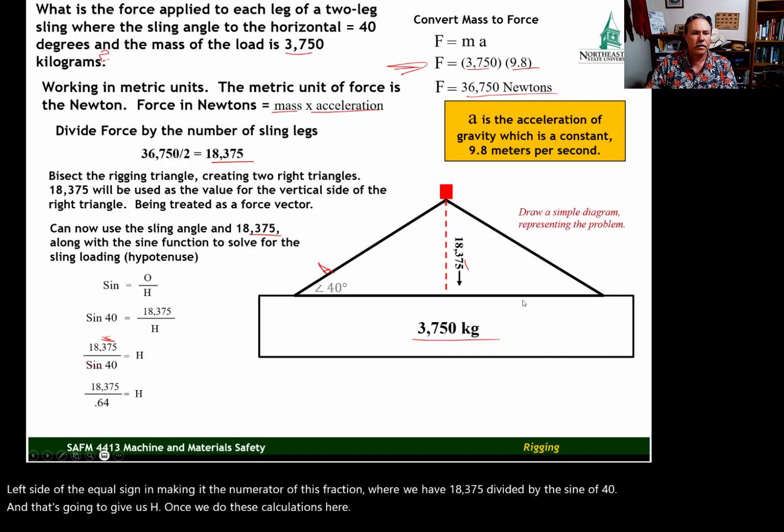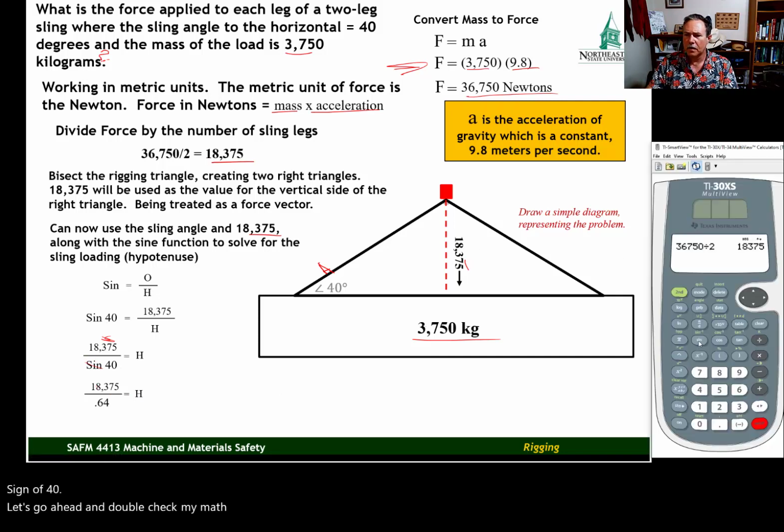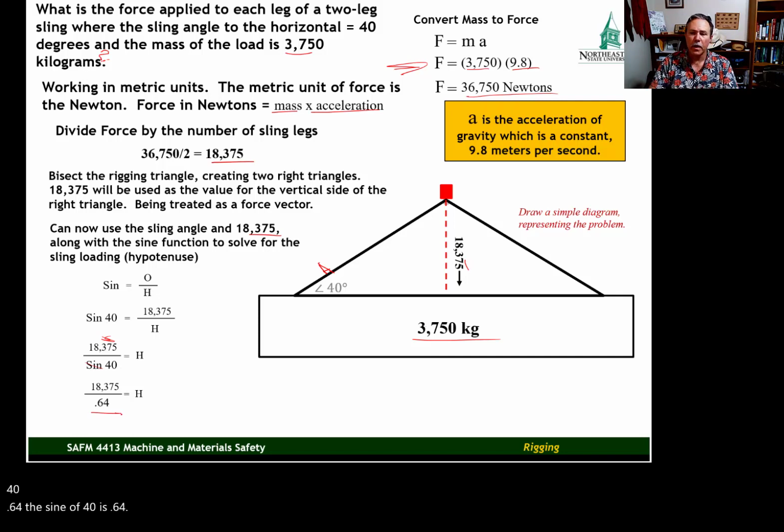Sine of 40, let's go ahead and double check my math here. Sine 40, 0.64. The sine of 40 is 0.64. Okay, now all we need to do